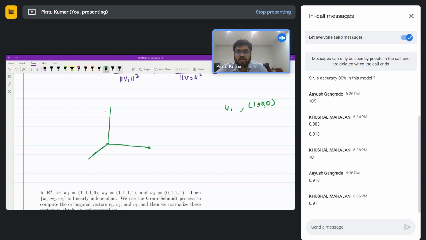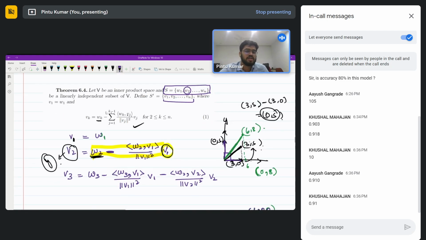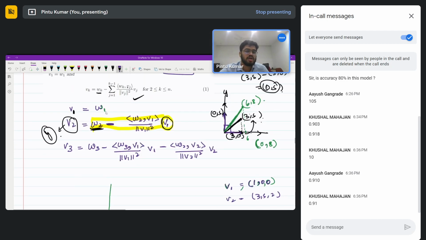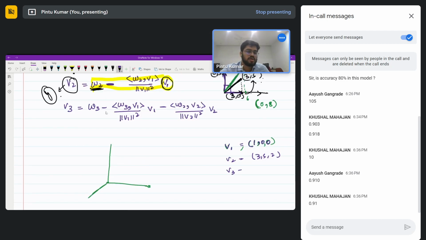ठीक है, तो अब मान लो कि हमारा जो पहला वेक्टर है वो (1,0,0) है। दूसरा वेक्टर जो है हमारा, वो same ही लेते हैं, ये (3,5) और कुछ random value ले लेते हैं, 2 ले लेते हैं, और थर्ड वाले को क्या लेते हैं? (6,8,4) ले लेते हैं।